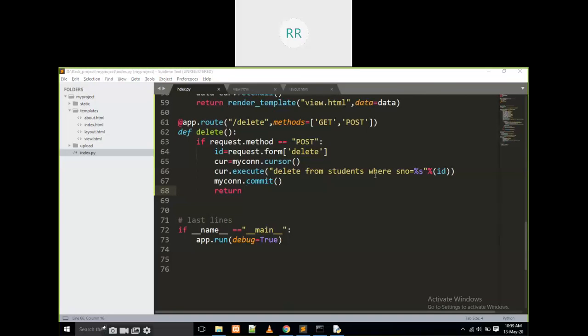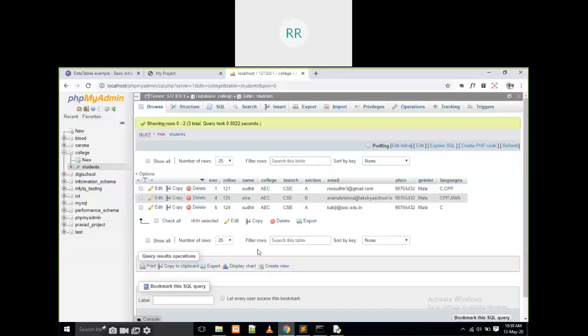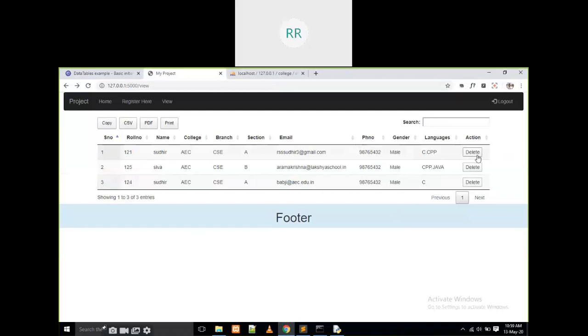Students, for example, if the data is like this, if you click on delete, this record is going to be deleted. I am going back to this page only. If I delete it, I have to come again into this page.